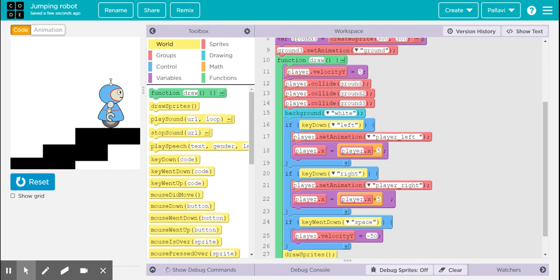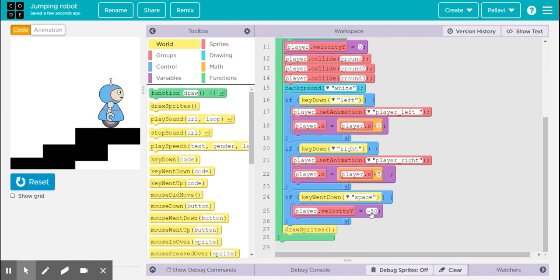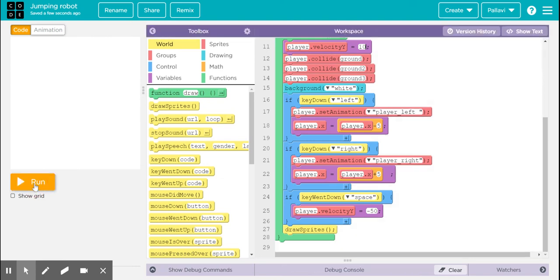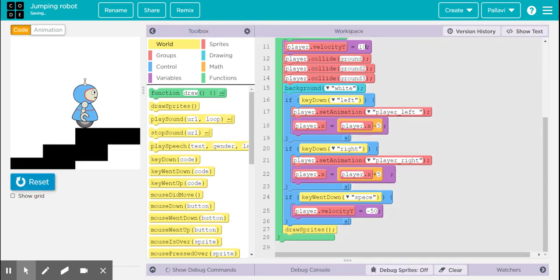You can decide the length or the height of the jump by changing these numbers, velocity y. So if you increase this number, let's see what happens. The jump is at a little lesser height because now the result of your jump is nothing but the addition of the y velocities.